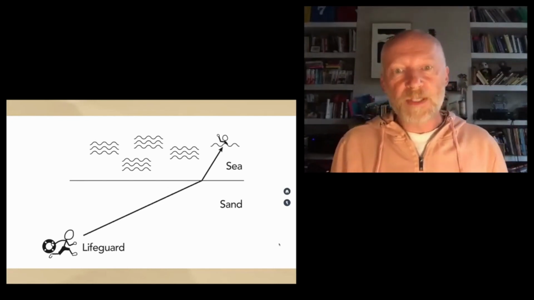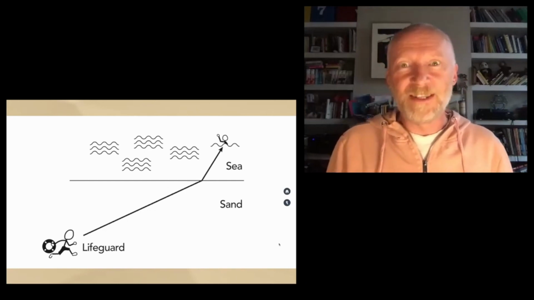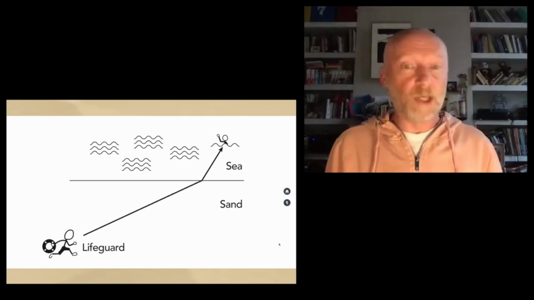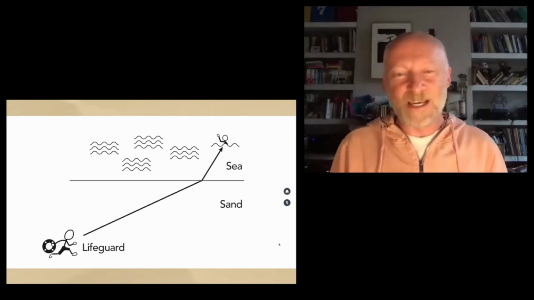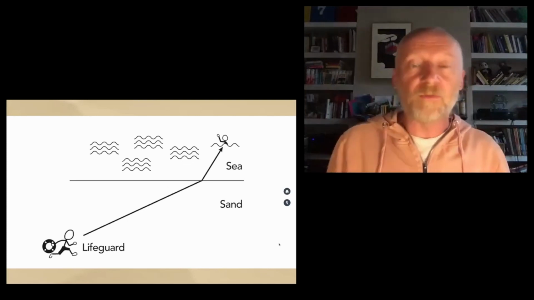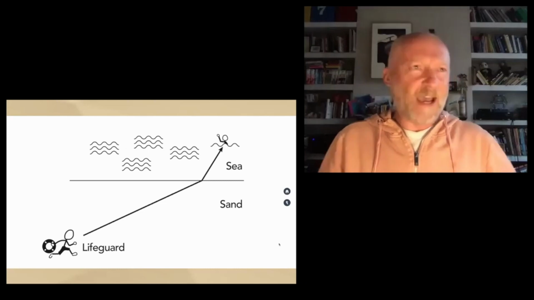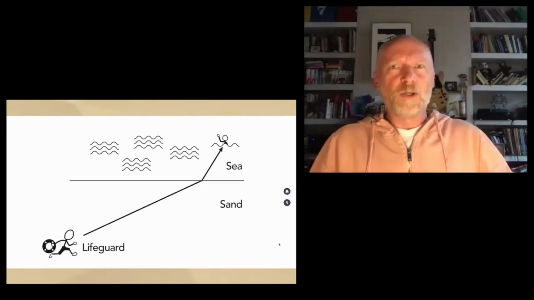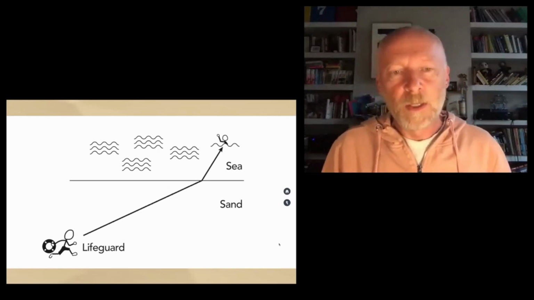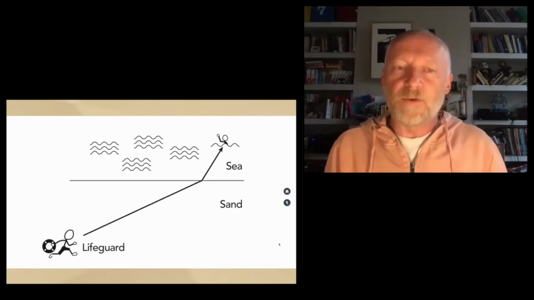So the sand and the sea is a bit like air and water. The light travels at a different speed through air and water, just as the lifeguard runs at a different speed over sand and sea. And so we get this idea of the refraction of light, and this gives you the effect of looking like your legs have shortened when you look at yourself in a swimming pool. So nature's already found this solution, but how do we find that solution?